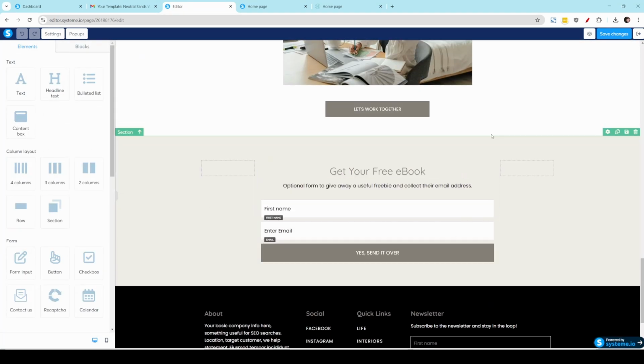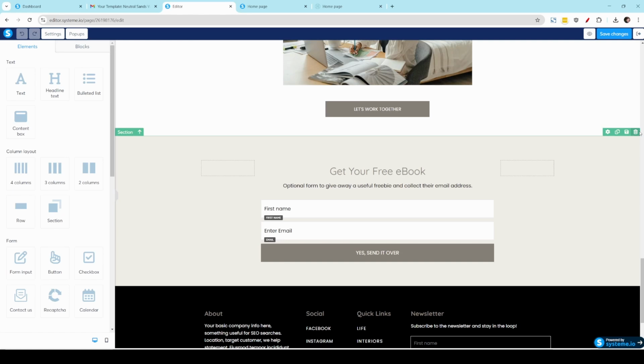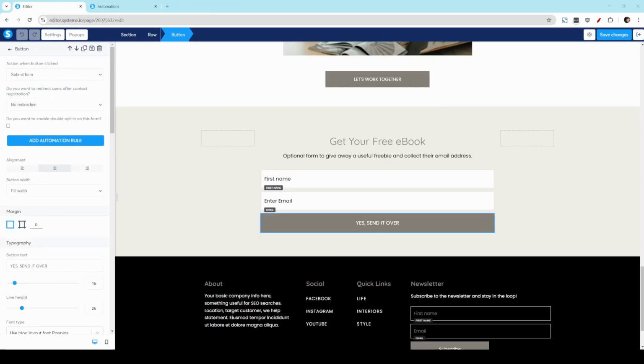I've given you the option to give away a free ebook here, separate from the newsletter. This is optional. If you want to delete this at any time, you can just save it for later by creating a block, or delete it. To give away your free ebook and get this form working, it's very similar to what we did with the newsletter form. So you would exit out of this page,